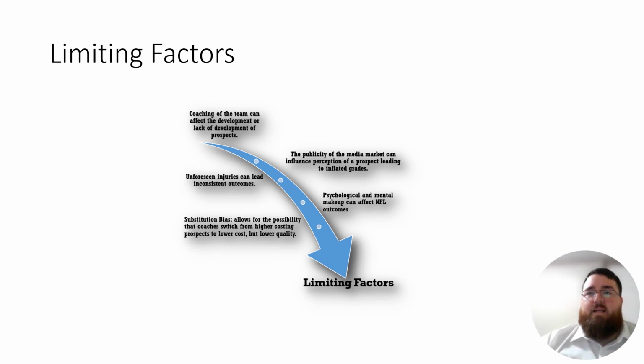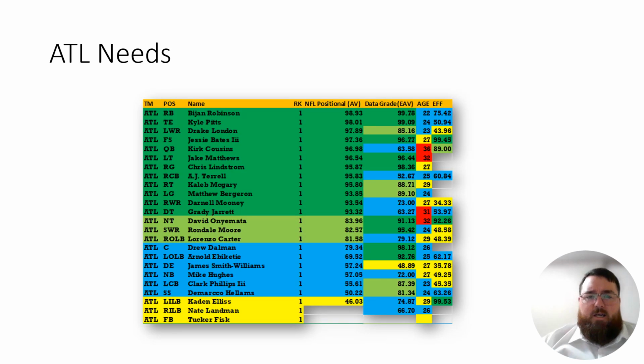You'll have prospects that get drafted to replace great players, and they're not going to replace them. It's like you're drafting a prospect to replace Jerry Rice. They're not going to be as good as Jerry Rice ever was, but they're going to be cheaper than Jerry Rice, and that's how some teams and coaches think, to get a lesser quality player. And because of that, players that probably shouldn't have started end up starting, end up getting value because of that, when they probably shouldn't have started to begin with. So those are some of the limiting factors in terms of the data.